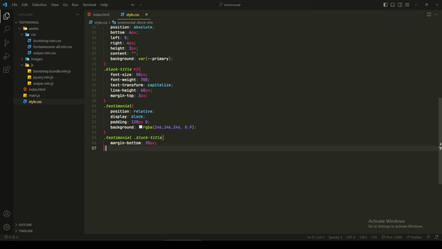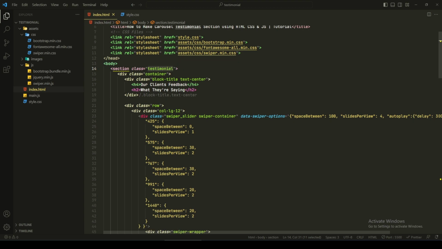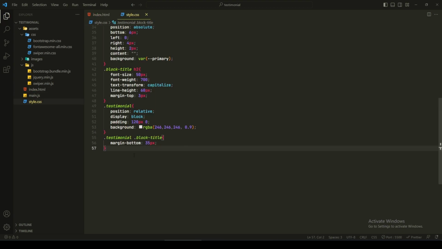And next we'll be now taking this testimonial single from here, and now it's right here, position relative, its display will be simple block,